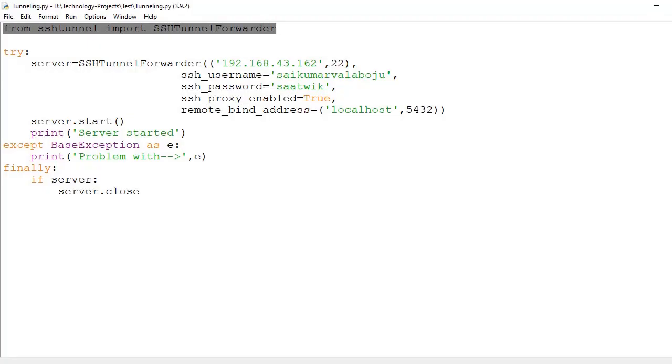Meanwhile I will explain through the code. Observe, we have to import SSHTunnelForwarder from the sshtunnel module.